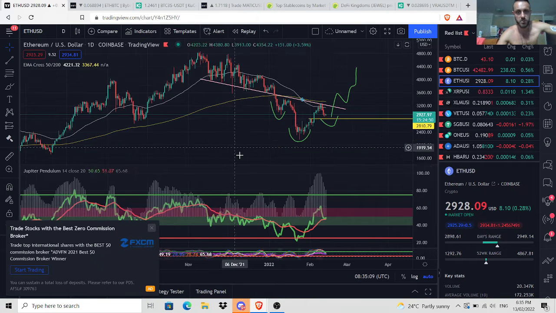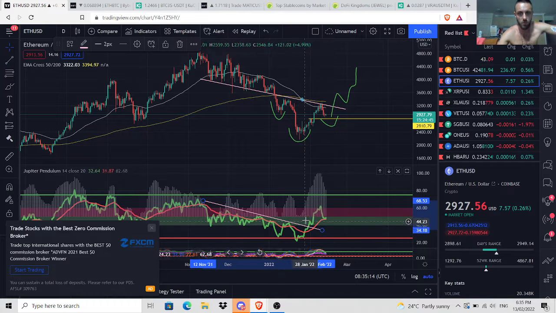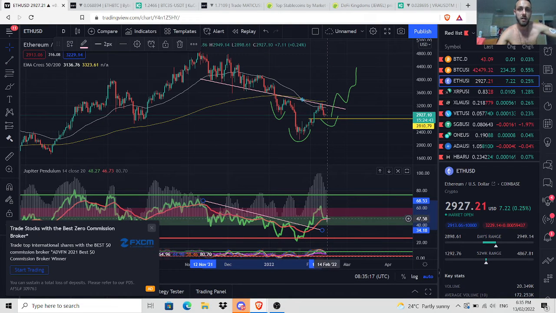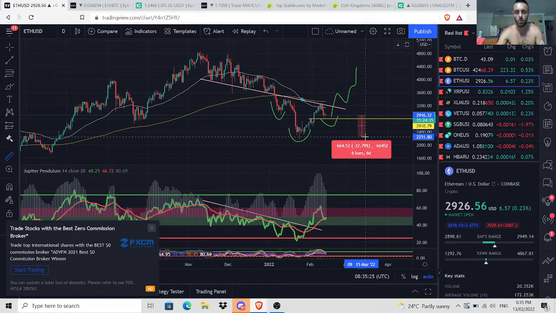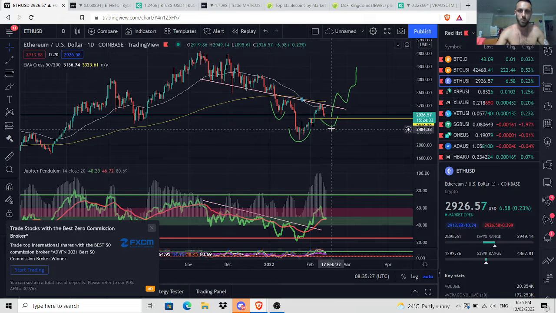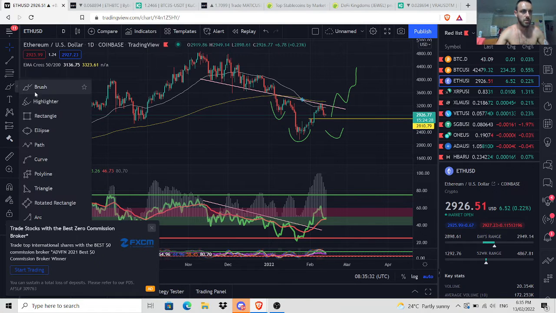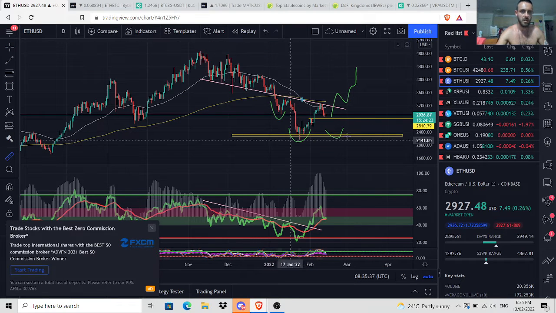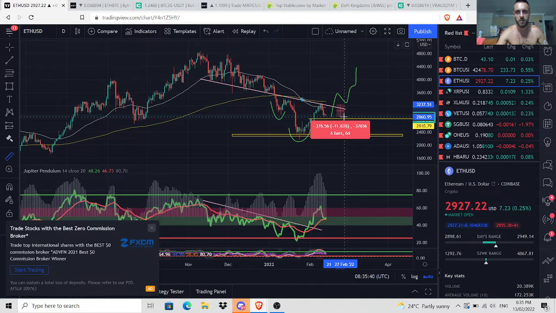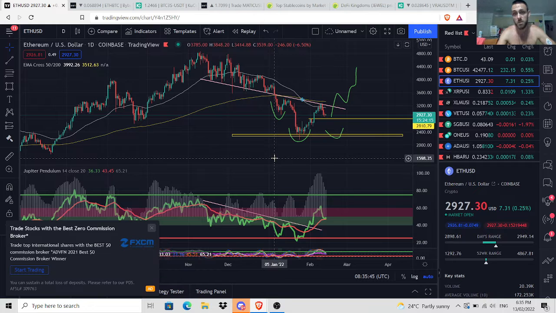So Ethereum's interesting too, because in the RSI, we've well and truly broken out of this downtrend. We've come up, retested it, and if we form a higher low in the RSI, that's going to be awesome. So Ethereum does have about 20% wiggle room, because if it forms a low around these levels, that's still good. That means we get a double bottom. But obviously a head and shoulders will mean less pain. Alright, so we get that 10% pullback, 30% from the neckline, and that just means you can buy cheaper Ethereum.